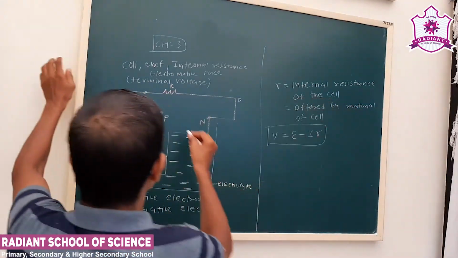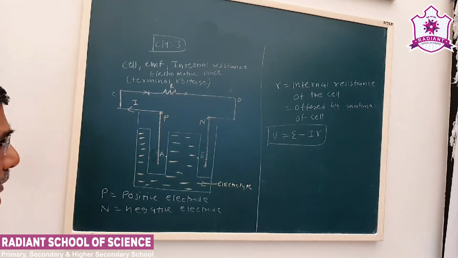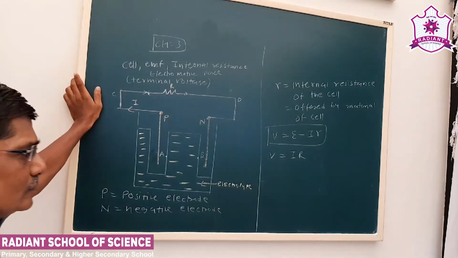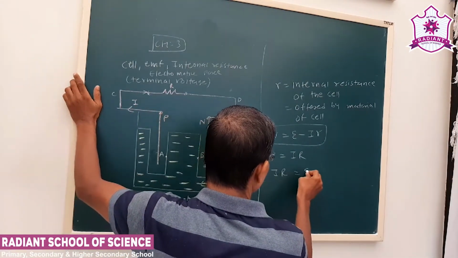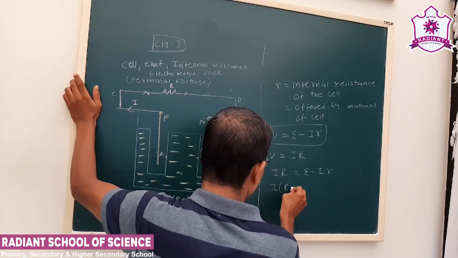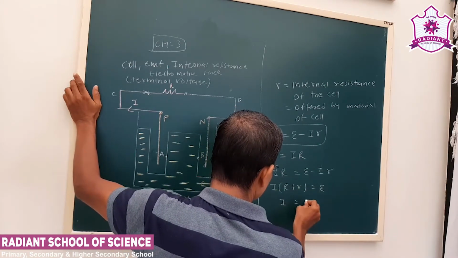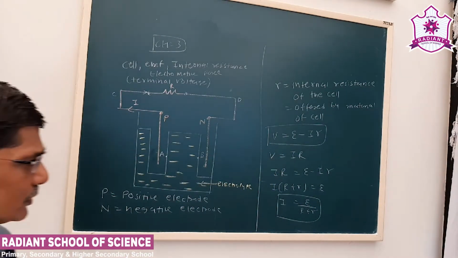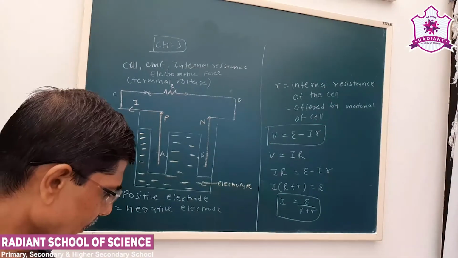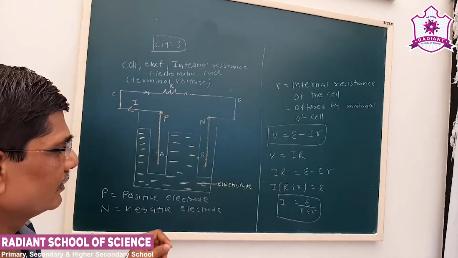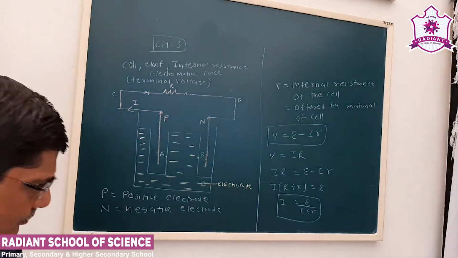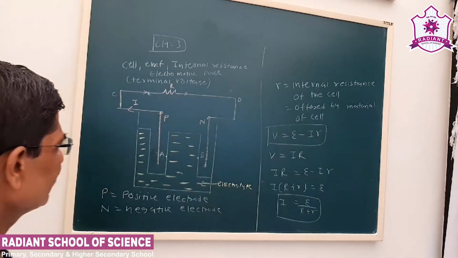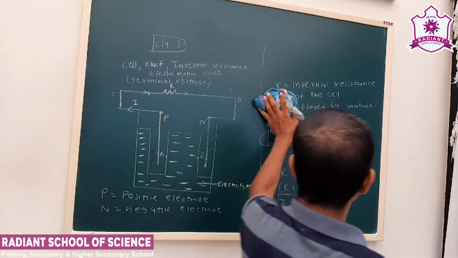Now see, when I measure a potential difference between two ends of the resistor, I get V is equal to IR. So if I compare this, IR is E minus Ir. So we can say IR plus Ir is E. So the current in the circuit is given as E upon R plus r. Now this is a useful relation we'll be using in a number of circuits. Many times we are asked to find the relation between terminal voltage and EMF, then this equation will be useful. So this is about the electrolytic cell.